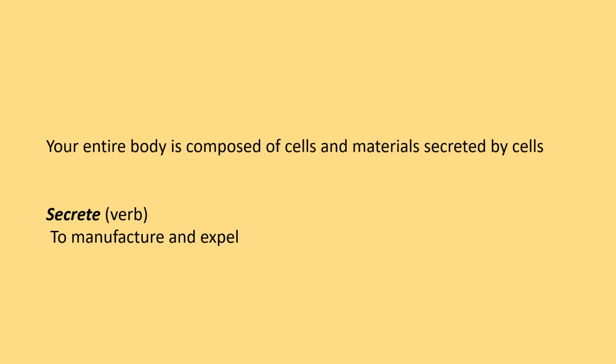One way to think about you as an organism is that you are a collection of cells, roughly 30 trillion cells, and they're all working together to make up what we see and what you think of yourself. Your entire body is made up of cells and materials that are secreted by cells. And secrete is a word that we'll use often this semester. When a cell secretes something, it means that it manufactures the substance and then it expels it from the cell